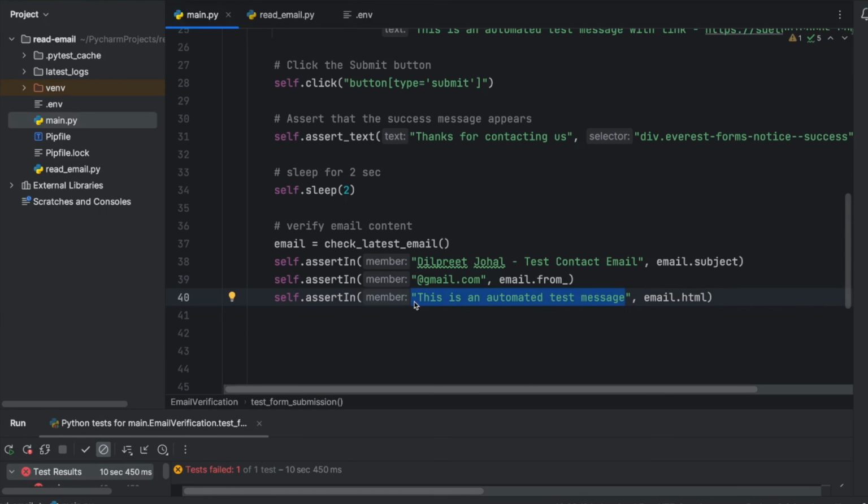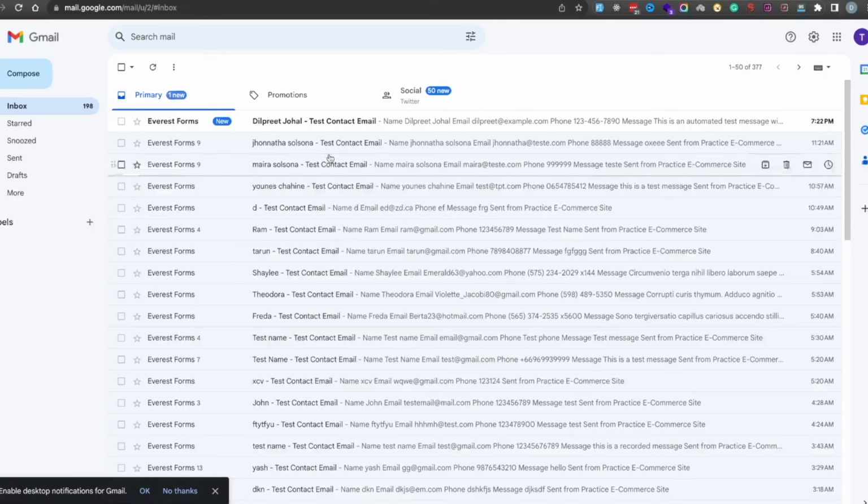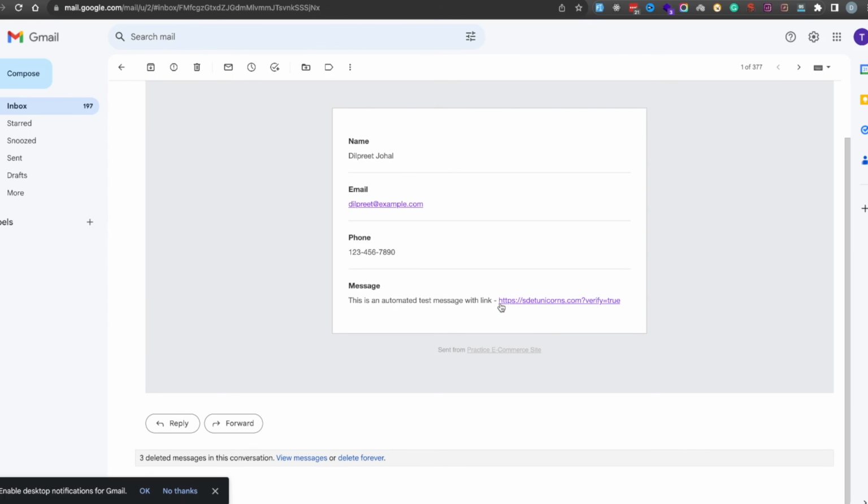So in this case, I will go ahead and try to get the URL which is added in that email. Now this one is a little bit complicated because we're going to have to fetch that URL and we need to use some kind of mechanism to understand whether we have a URL and what that URL is. So in my case, if I go back to, let's say, Chrome, the URL is formed with http://sdetunicorns.com/ verify true. And these are the query parameters that are added in. So I will just say, hey, if you see a URL that has the sdetunicorns domain, then simply take that URL